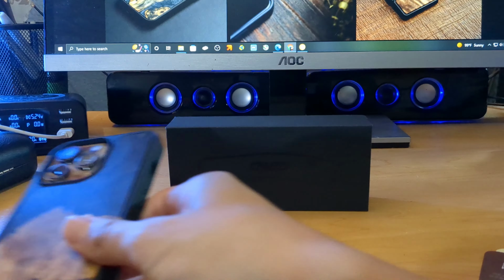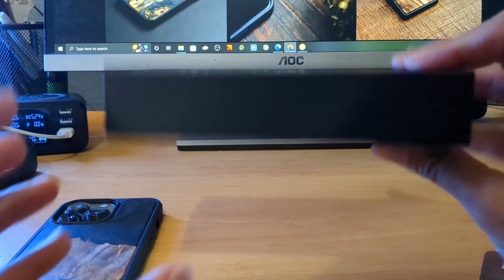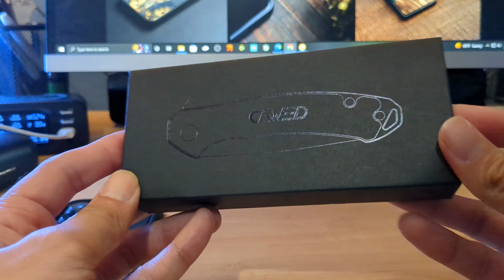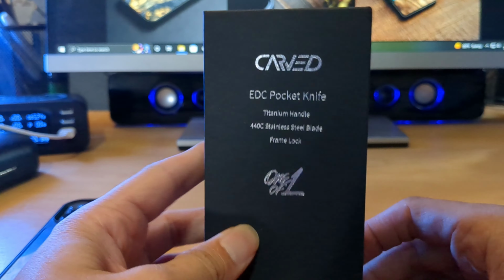But going from there, let's check out the next item here. And I will link all the items for you guys. So this one is the Carved knife. Let's see, I don't even know how to open this. Okay, you do it from the back here. And what does it say in the back here? Hold on real quick. It says